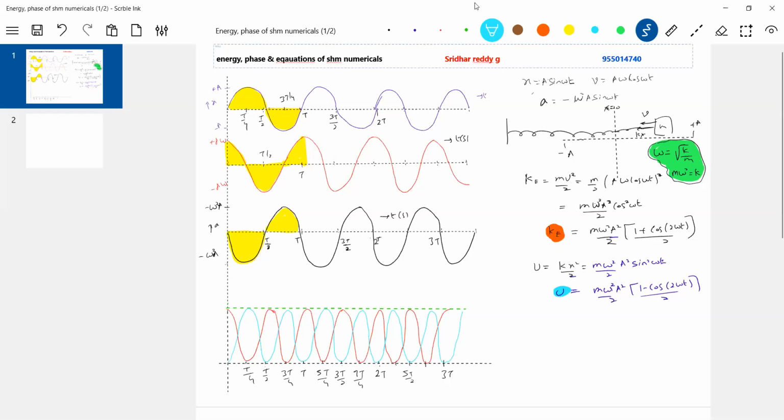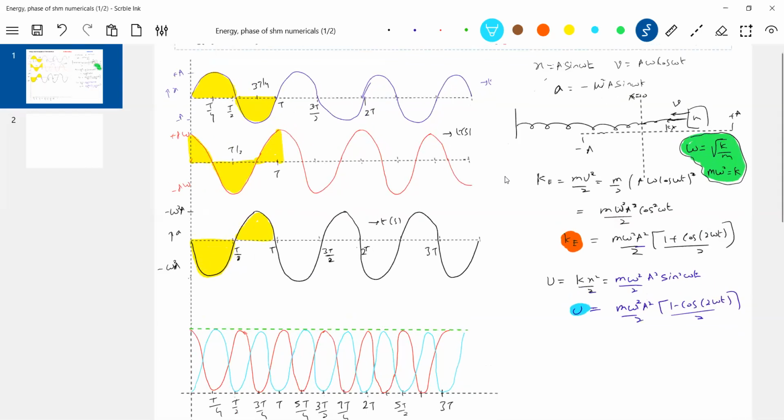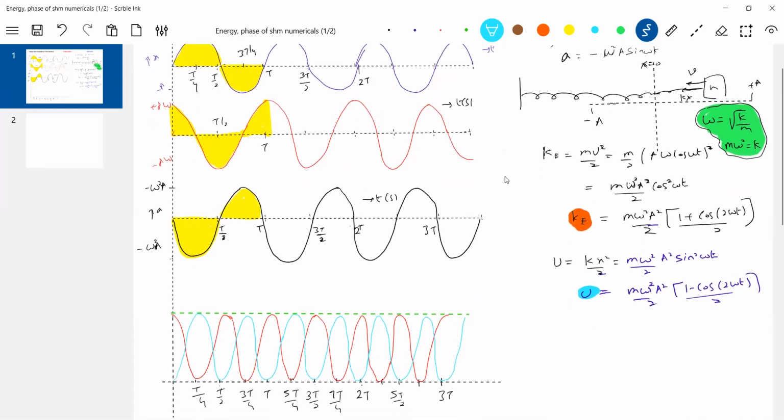Okay, this is about the little bit. I think I can expand it. So what is the blue color one? Blue color is the potential energy. And the red color one is what? The kinetic energy. So there's a variation. What should the maximum kinetic energy be equal to? M omega square a square by 2. What should the maximum potential energy be equal to? M omega square a square by 2. So therefore, what is this value?